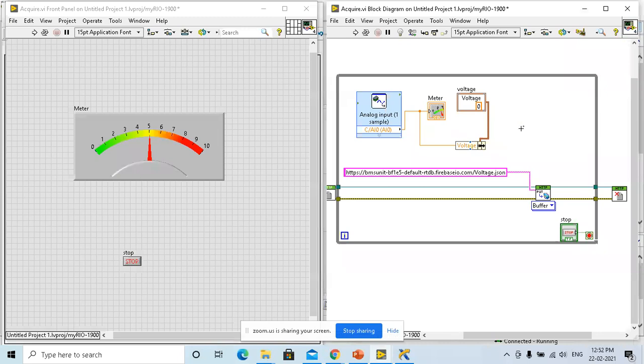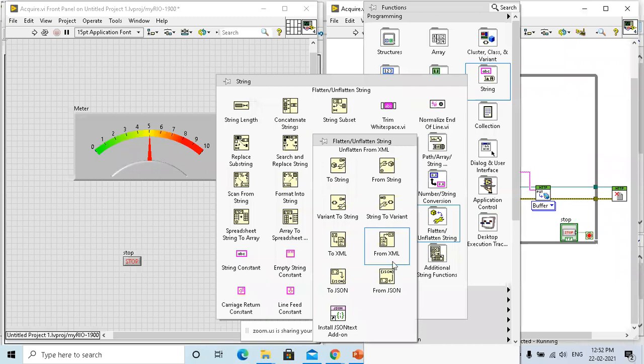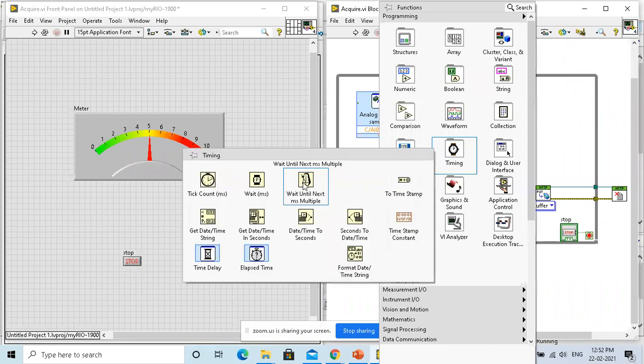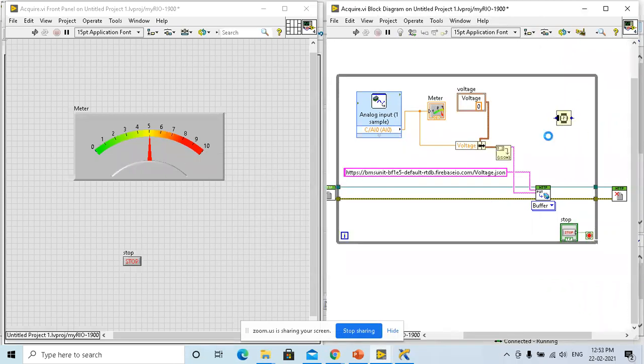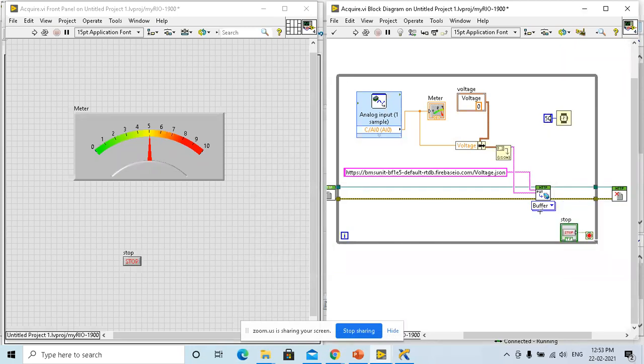And this data format will be converted into something called JSON, and this will be put inside your system. So I don't want this to run very fast, so I'll just say run every 500 milliseconds.